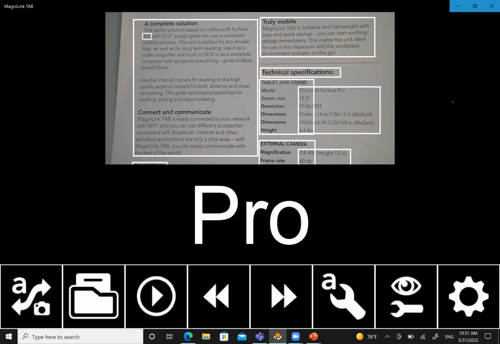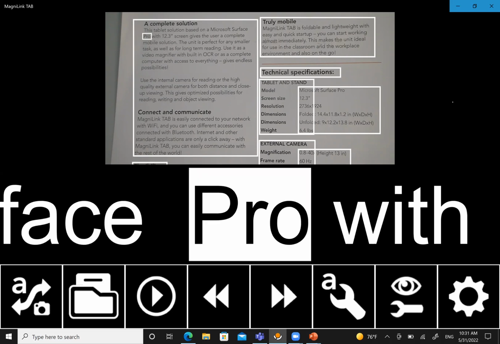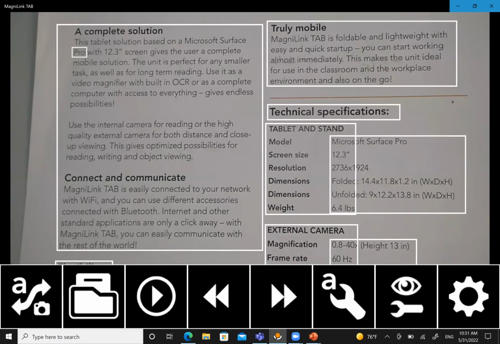Now, I've got it pretty large, just looking at one word at a time. But if I hit the letter B as in Bravo, I can actually now have it highlighted. If I do it one more time, now I'm just looking at the actual text on the screen. And I could start it reading again if I chose to do that, or I have the ability to jump